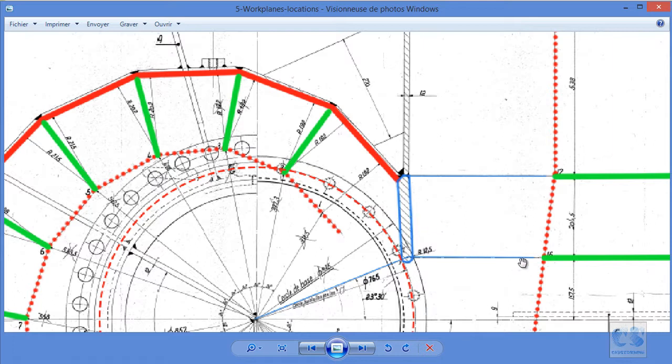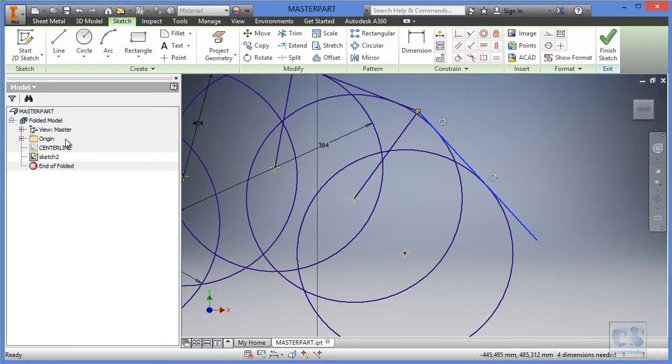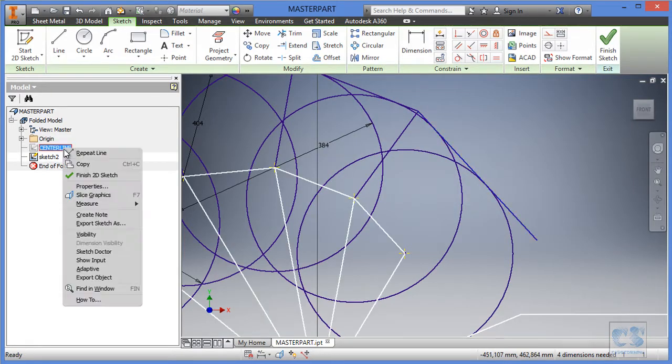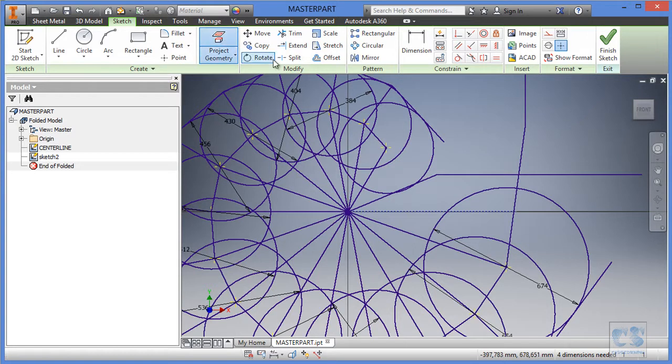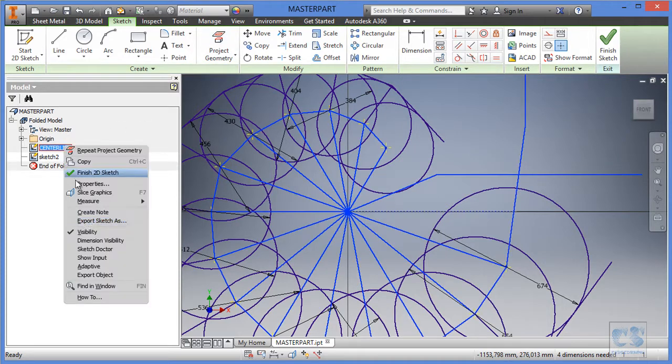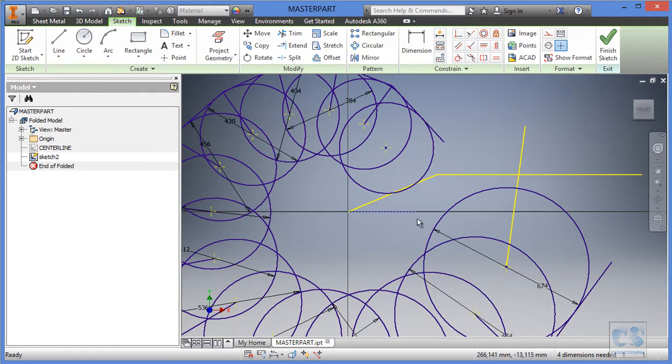For that, we will need to borrow this line and this one also from the center line sketch we did previously. So we will have to make this sketch visible. So we'll toggle on the visibility, and next we will use the project geometry tool, and we'll project this line, this one, and this one. Now we can escape to finish the project geometry tool, then toggle off the visibility of this center line again,